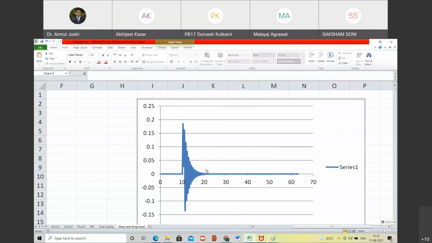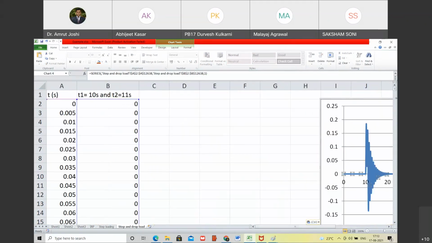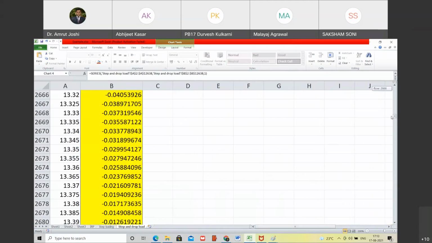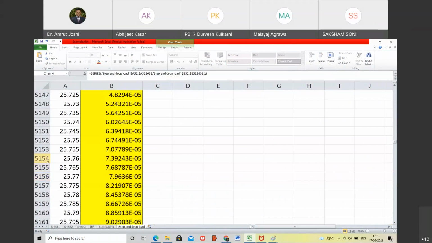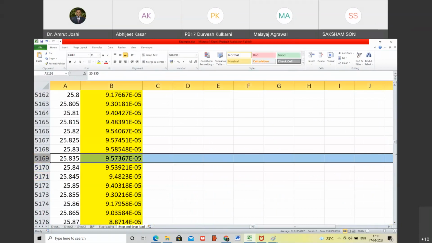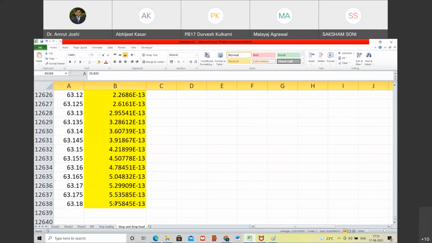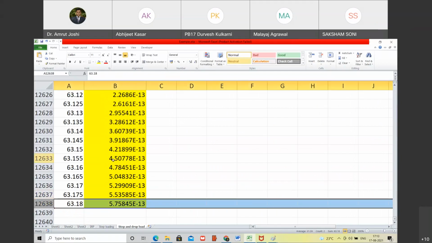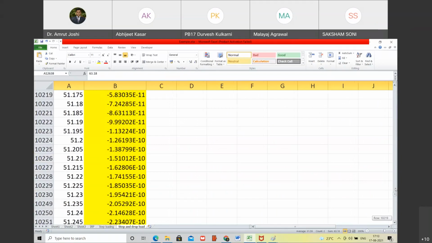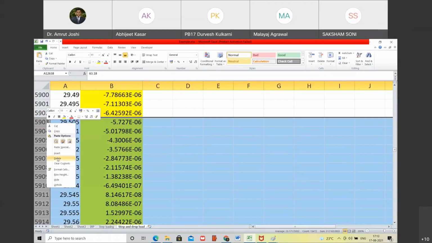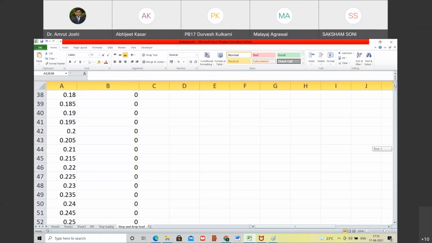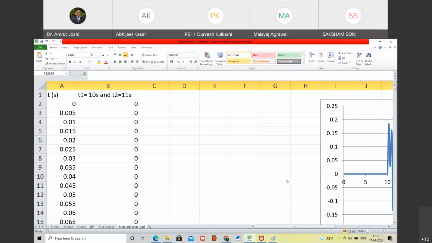I think it is better that we don't go up to 60 seconds. We can stop all this together at somewhere close to 20 seconds itself. So let me delete everything after 30 seconds, not 20. So after 25 seconds, I'm going to delete everything. So we are going to see the response only up to 20 seconds, 25 seconds. Or 29 seconds, that's all right. And let us have a look at this graph. Yeah, now it is much better.